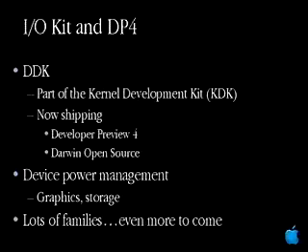In DP4, it's important to note that we, actually a little while ago, released an early DDK. It's part of what we call the kernel development kit. There's actually a series of services that are part of the KDK, and that was something that shipped about 2 or 3 months ago. It is also part of DP4, so on your disk you should see quite a bit of information on that, and it's of course part of Darwin and open source, including things like documentation.